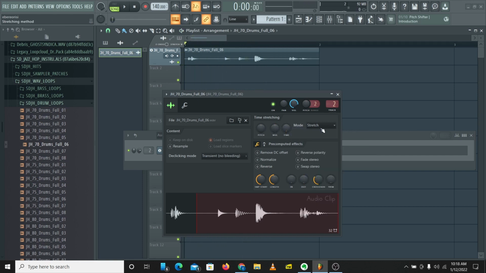Now let's take a look at the Stretch Pro mode. So this is a new mode that was introduced in the new FL Studio. And this mode works like stretch mode, but it has a new option called Formant. So let's try this out.